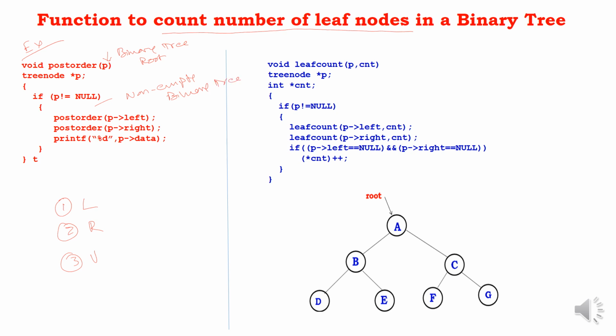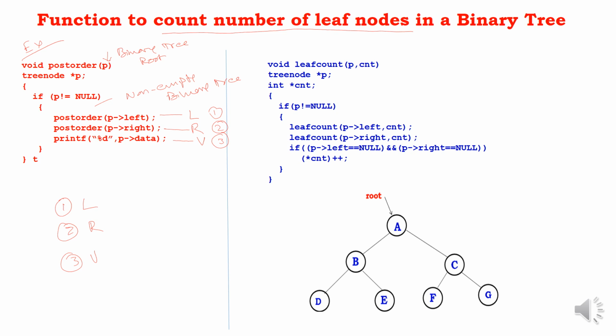If it is a non-empty binary tree, we perform three things. Post order P left, that is traverse left subtree in post order, then post order P right, traverse right subtree in post order, then printf P data, that is visit root node. So to traverse a non-empty binary tree in post order, we perform three things: traverse left subtree in post order, traverse right subtree in post order, then visit root node. L R V. In this way, we can print all the values or we can visit all the key values of nodes,